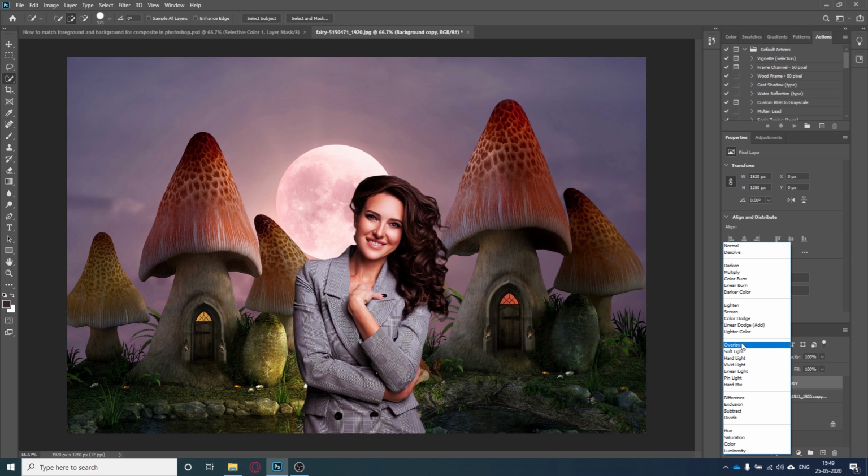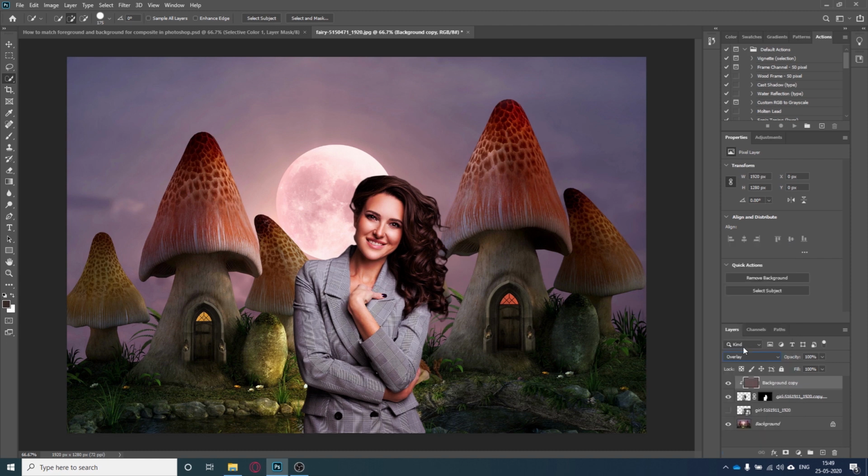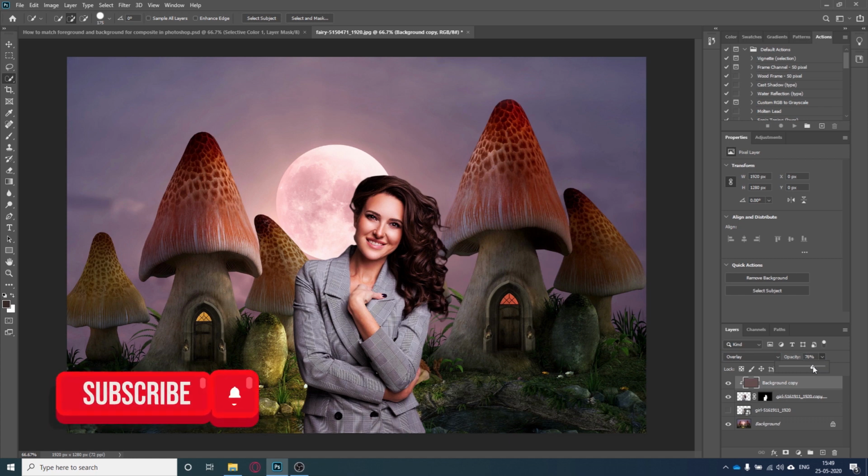These two blending modes are very good to composite a tint on a layer. So I will go with Overlay. Now I can reduce the opacity. This will reduce the effect of this layer on the girl layer. I can adjust that to my preference.